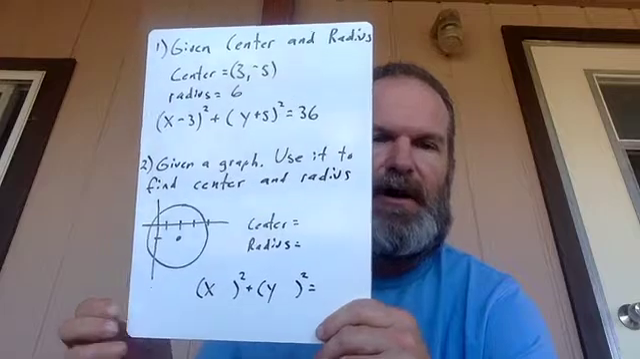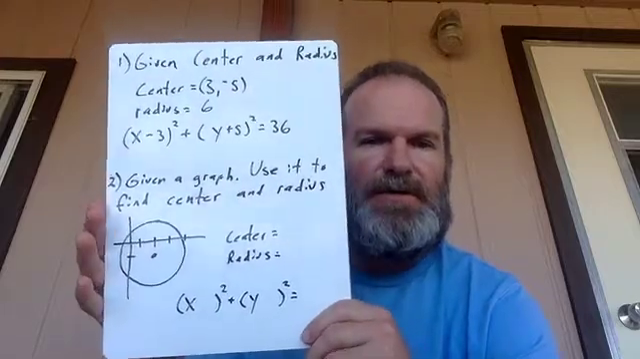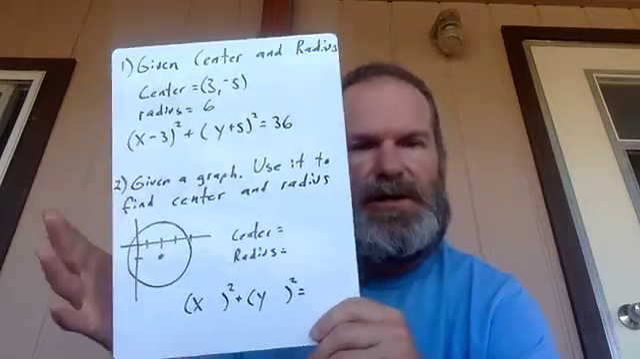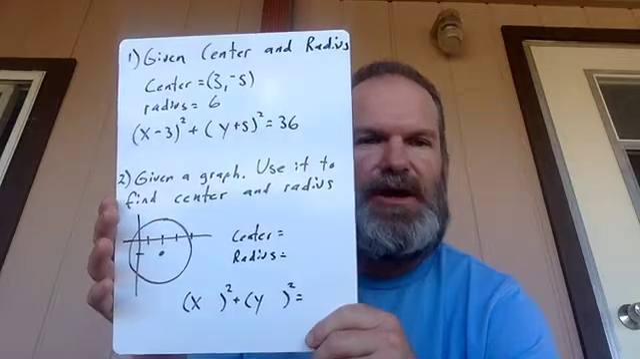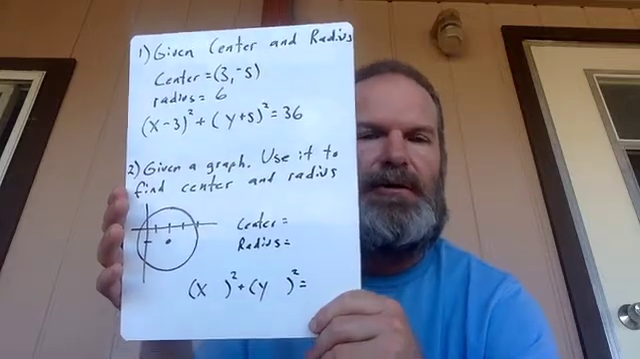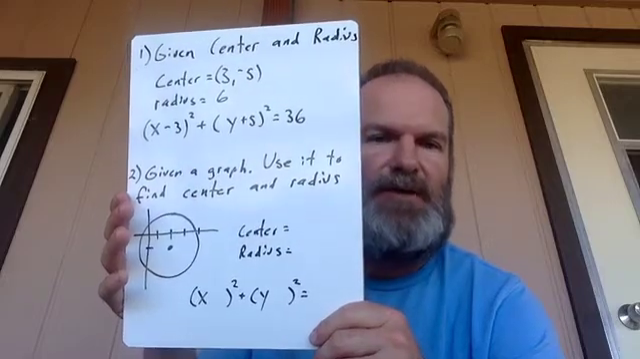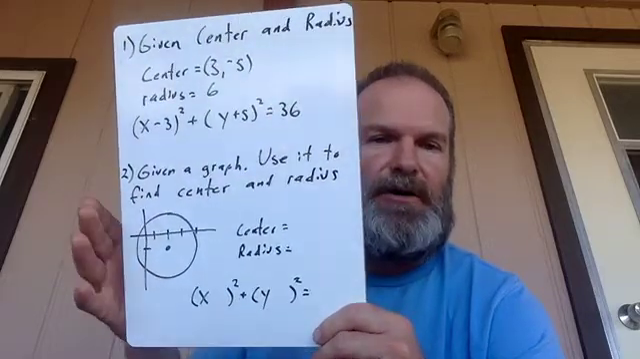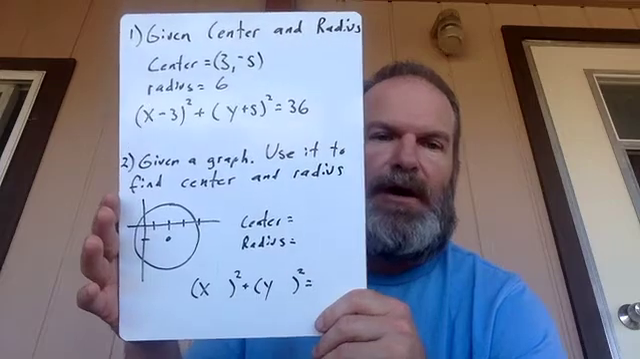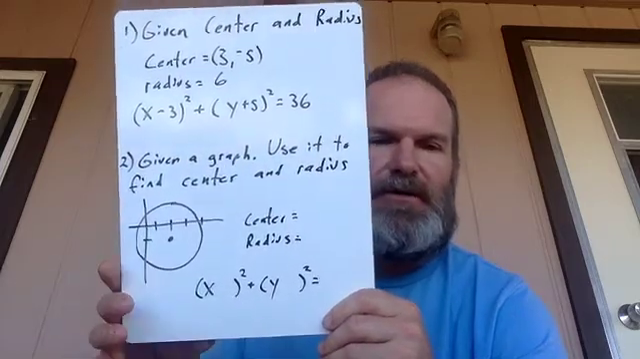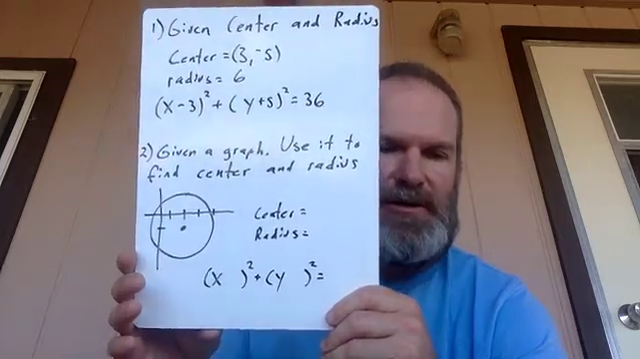You just enter in the x coordinate of the circle into the x parenthesis, and you change the sign, so positive 3 becomes negative 3, and you enter in the y coordinate of the center into the y parenthesis, and you change the sign, so negative 5 becomes positive 5, and you square the radius. You're done. All right, yesterday you weren't given the center or the radius, you were just given a picture, and